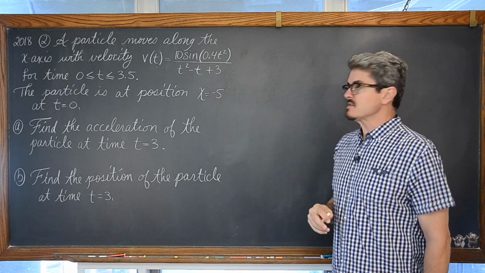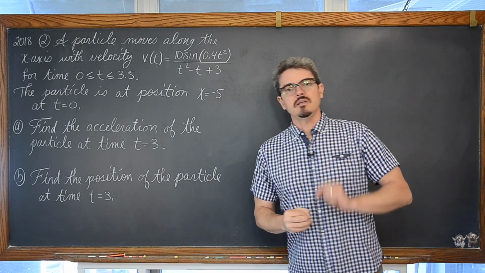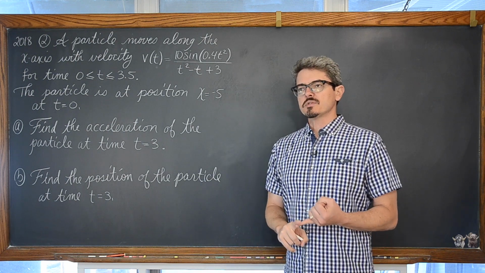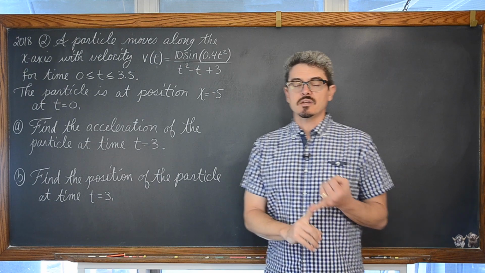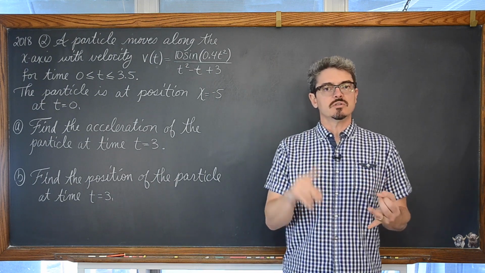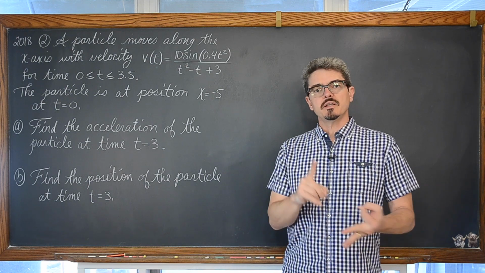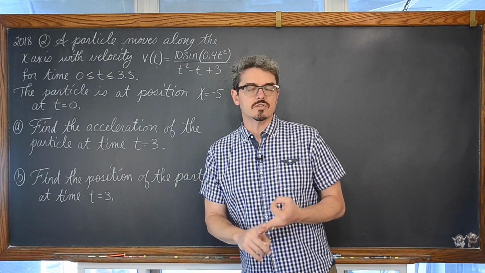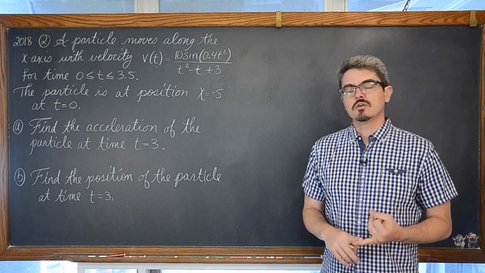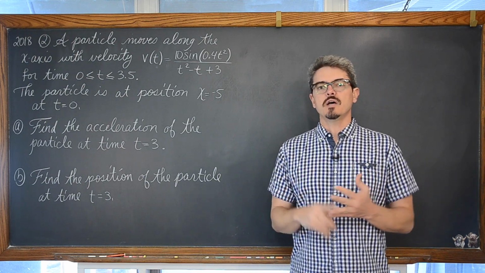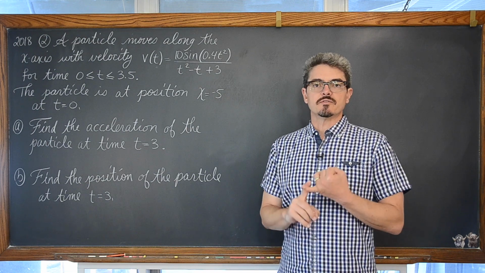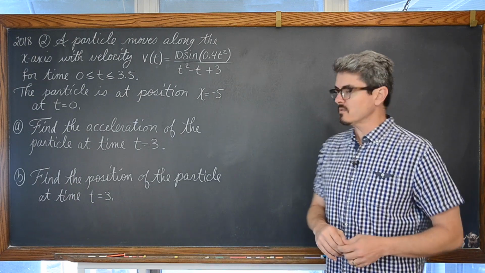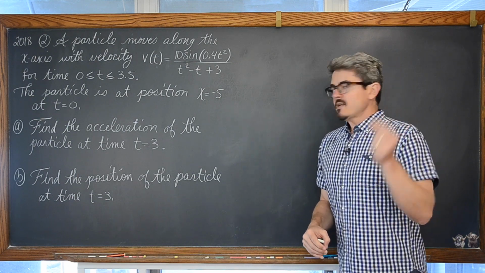But here in part A it says find the acceleration of the particle at t equal to 3. Your textbook probably will say that as a standard letter, s of t is a description of position, v of t is a description of velocity, and a of t is your standard notation for an acceleration function. You do not want to introduce a new function name unless you tie it together with what you've done. The first derivative of position is velocity. The second derivative of position, or the first derivative of velocity, is your acceleration function. And that's all we have to do here.